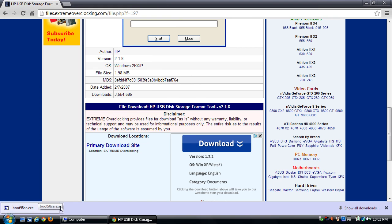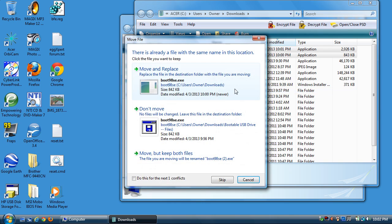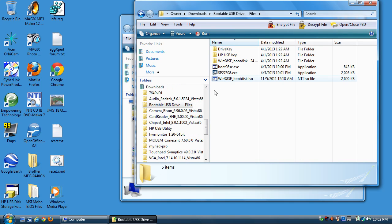Then I'm going to go down to the bottom of Google Chrome to the option Show in Folder so I can retrieve the files that I just downloaded. Then I'm going to copy them into a folder of my own for easy access later. Now that I have the files shown here,